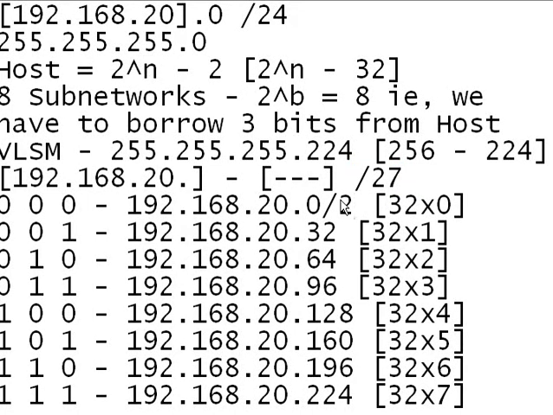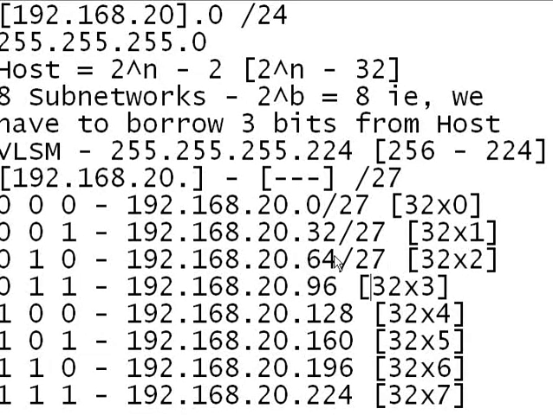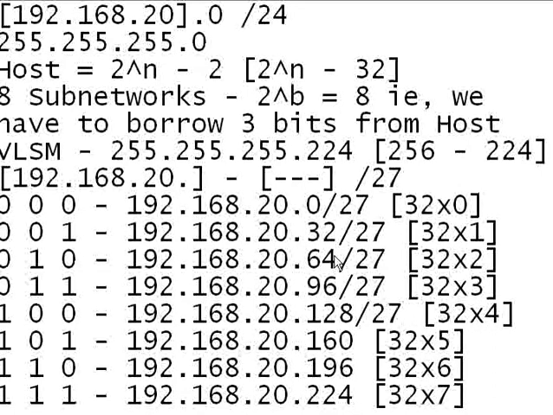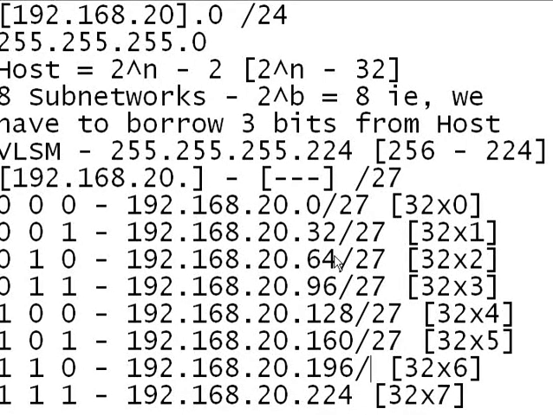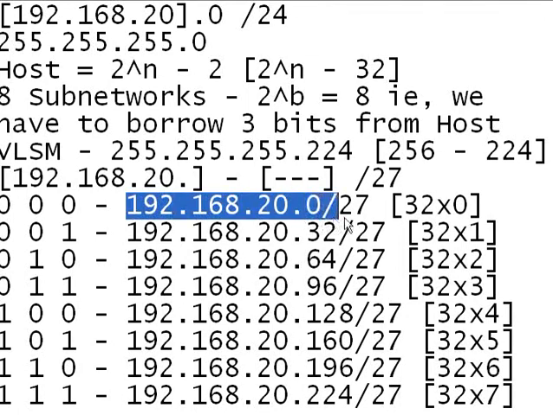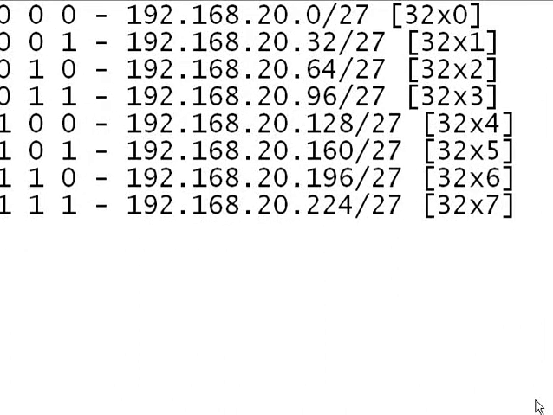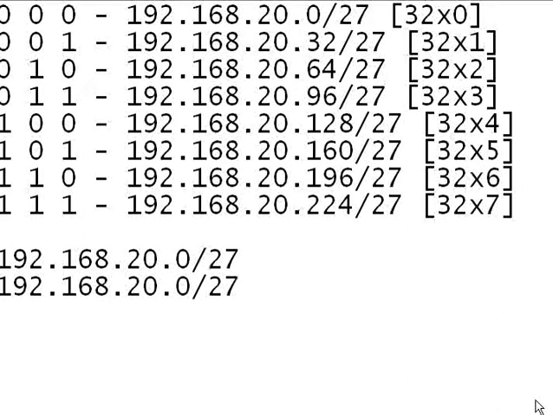If you are picking up any subnetwork, then you will be able to calculate all those in terms of network address and broadcast address. So let's pick this particular subnetwork and start calculating it. In this particular subnetwork, this is the network address. What will be the broadcast address? Next network is 32, so the broadcast address will be 31. So it will start from 1 and go till 30. So this is my first subnetwork.